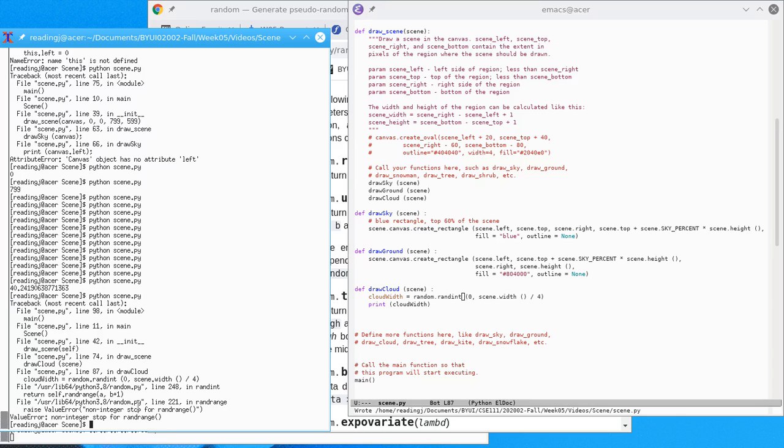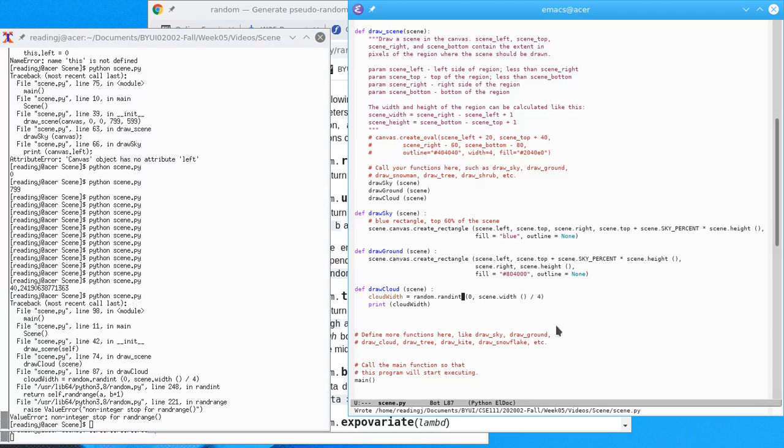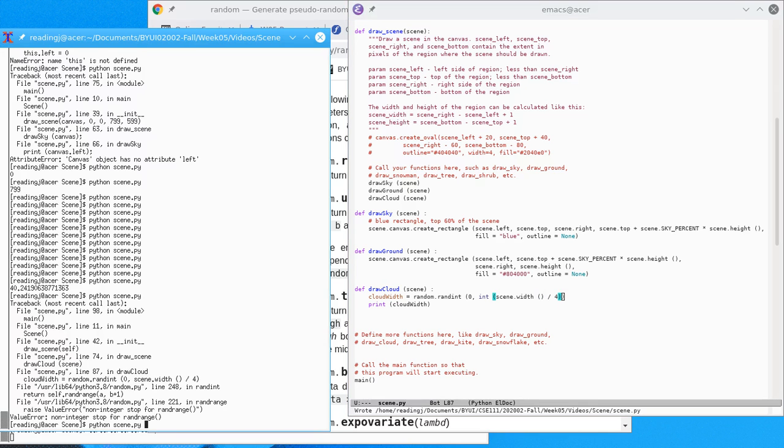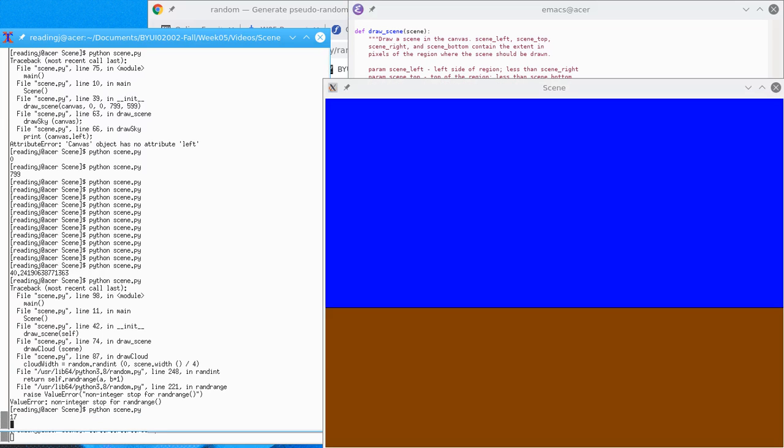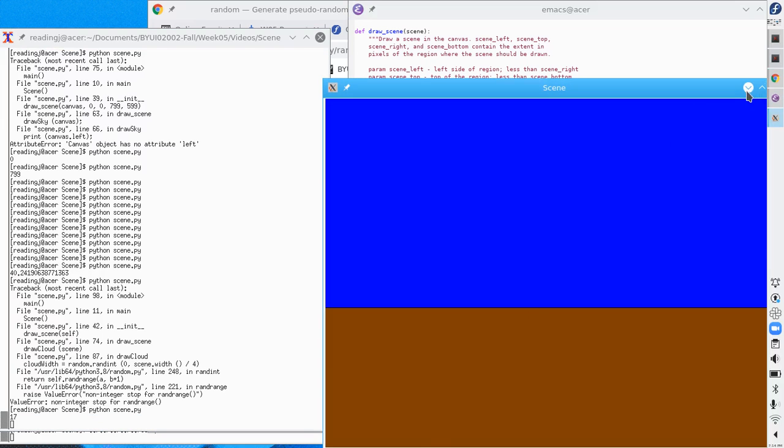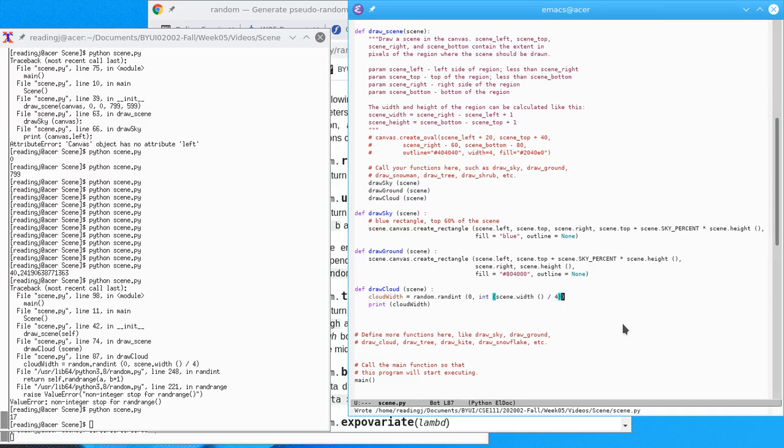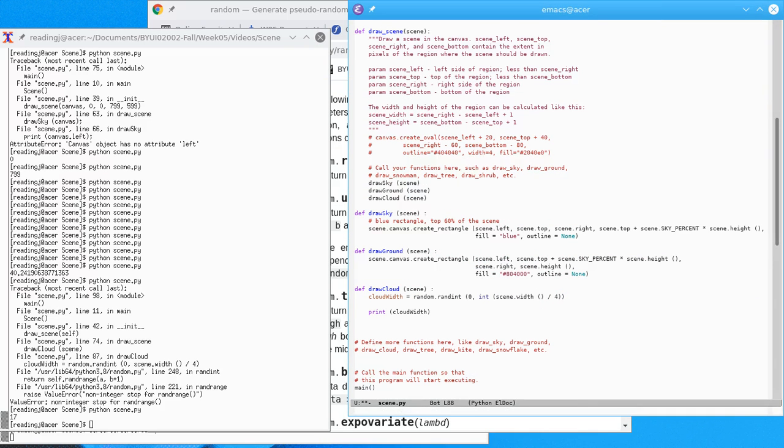Non-integer stop for randrange. Well, excuse me. Okay, now we've got a random width of 17